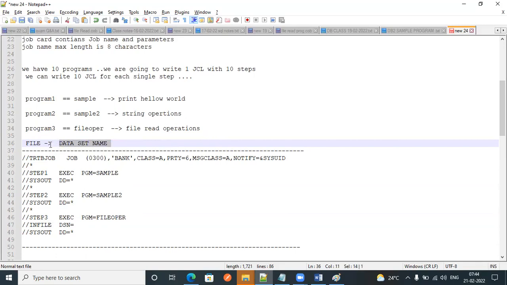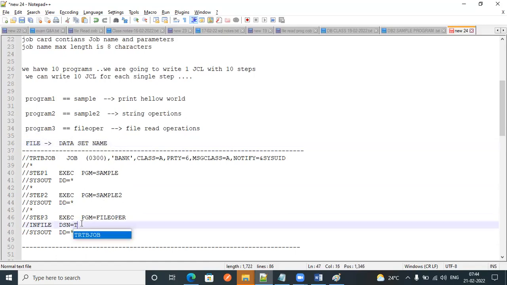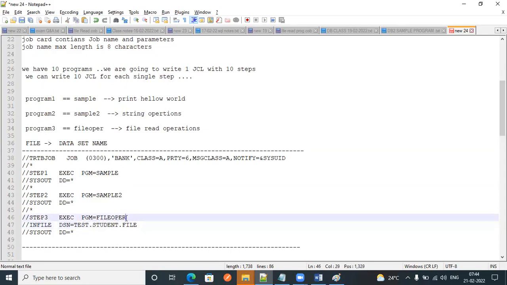What is the dataset here? TEST.STUDENT.FILE. This is our file, the input file we are going to pass through this program.